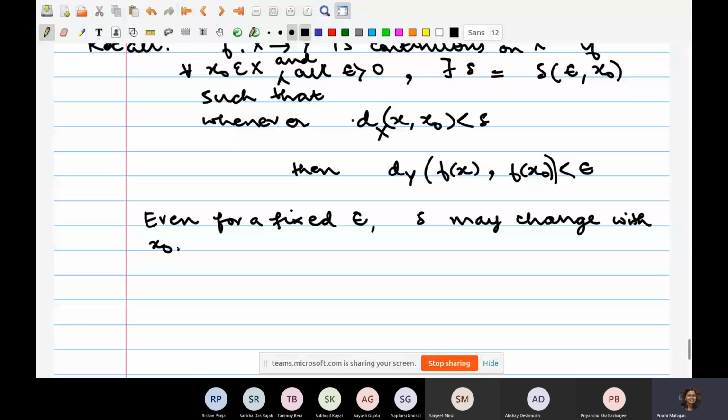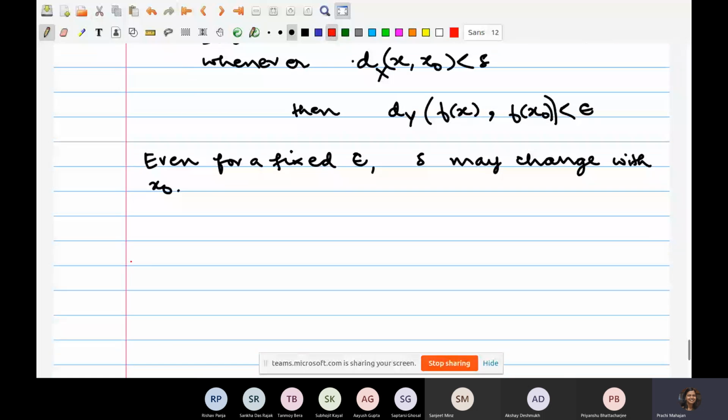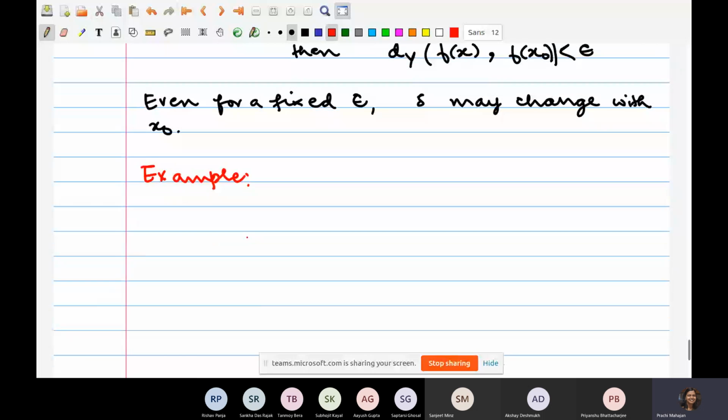So let's look at an example. Let's work out that a function is continuous using the epsilon delta definition. We haven't done that so far, so it is anyways a good idea. So let f from the open interval 0 to infinity to the open interval 0 to infinity be given by